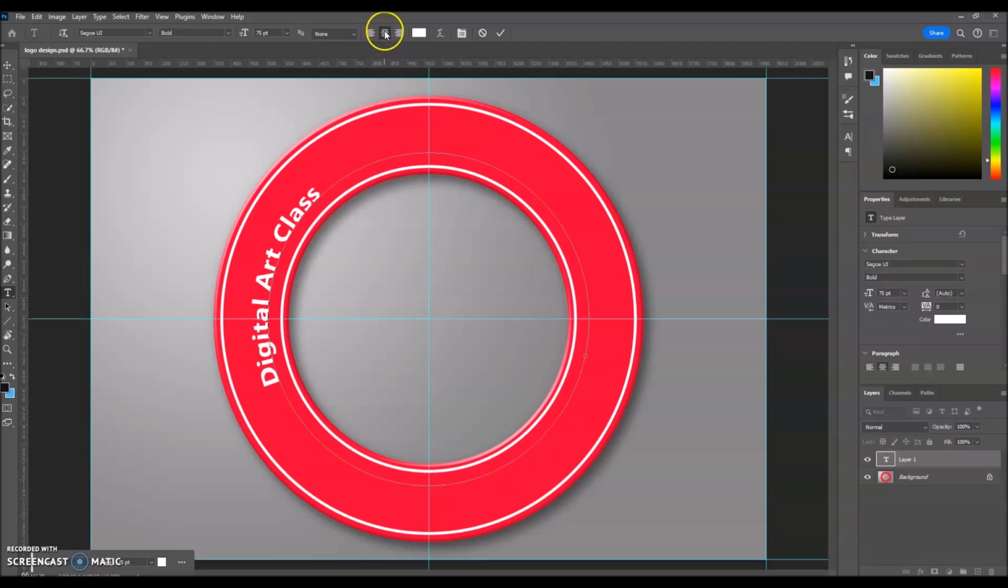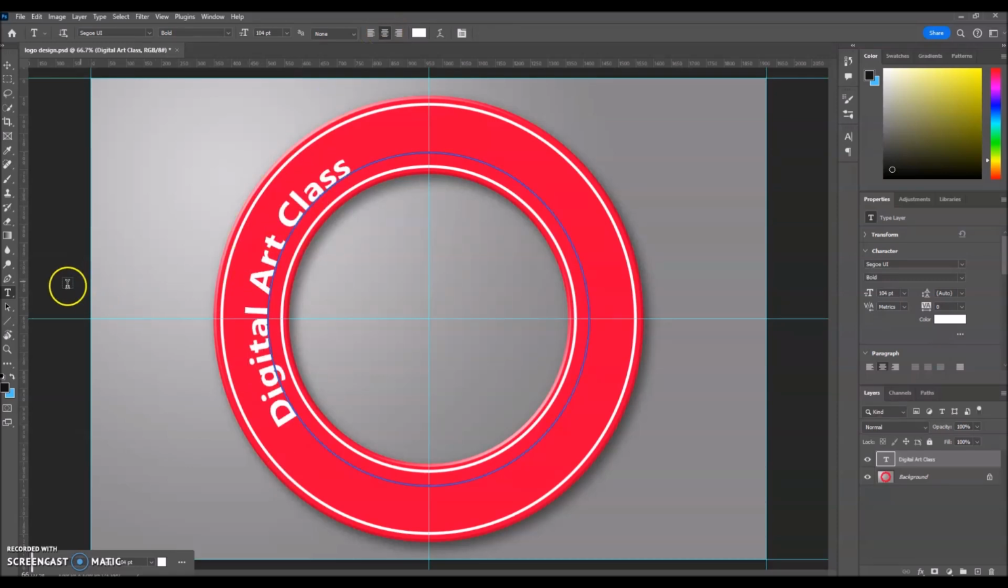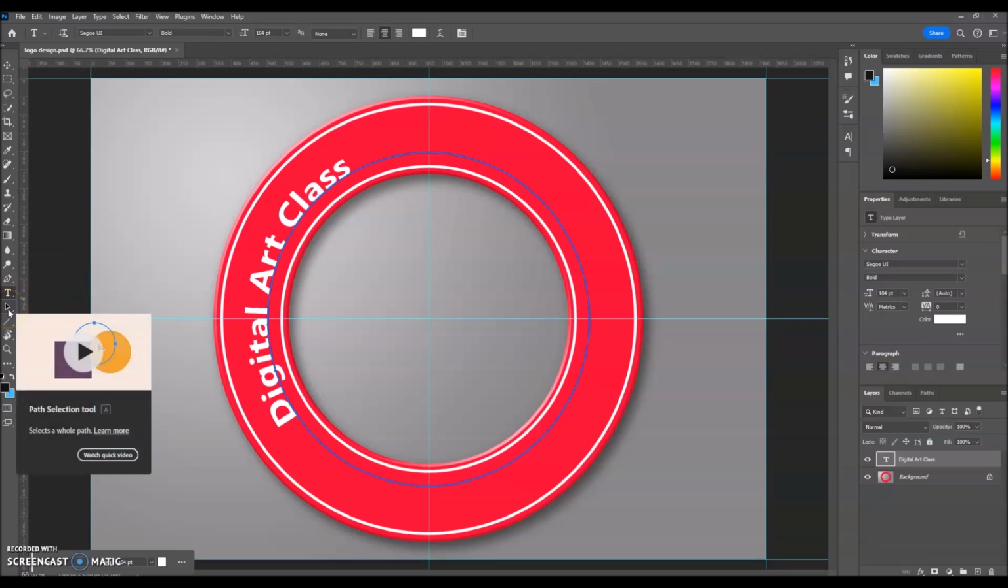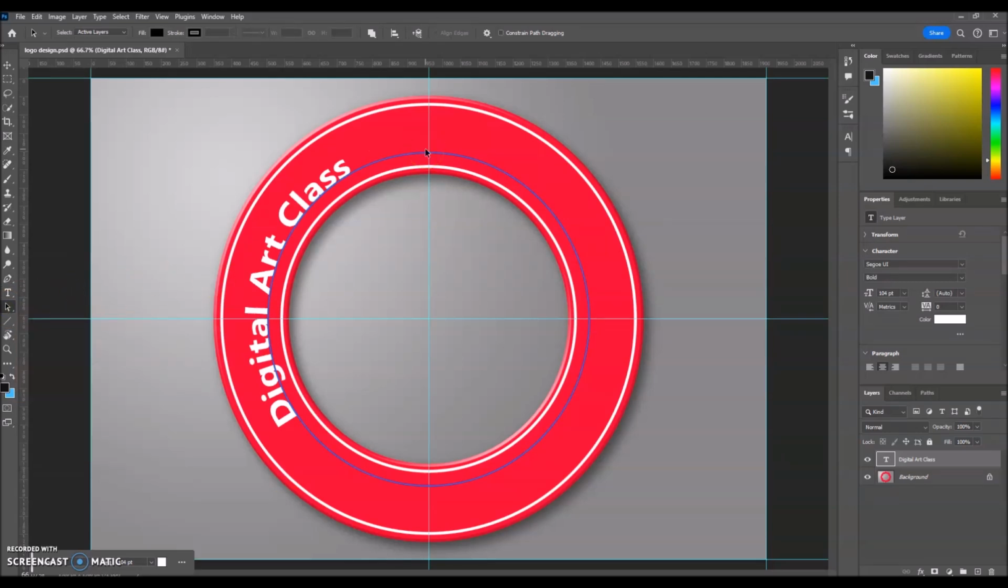And so you want to make sure that your alignment up at the top is set to center. But that's going to center it around wherever you clicked when you clicked with the type tool. If you want to move that, you have to go to the path selection tool, which is the black arrow. And most of the time that cursor is just going to look like a black arrow. But if you move it over top of your text, it'll change into a text cursor with 2 little arrows